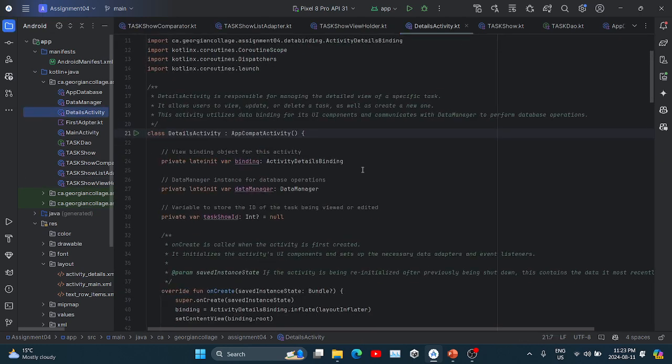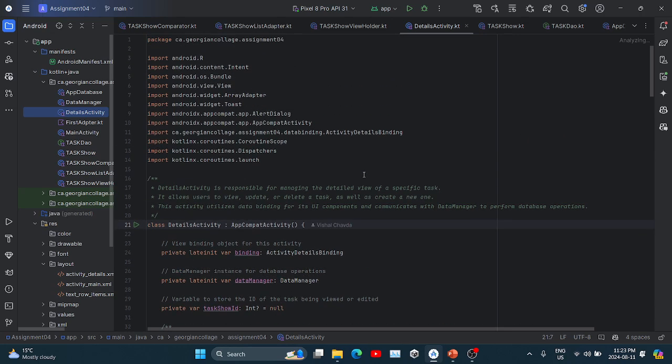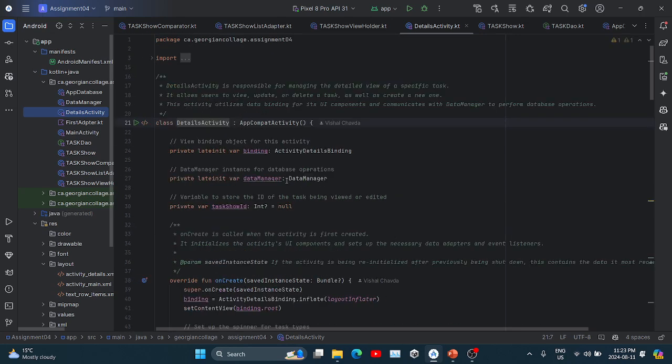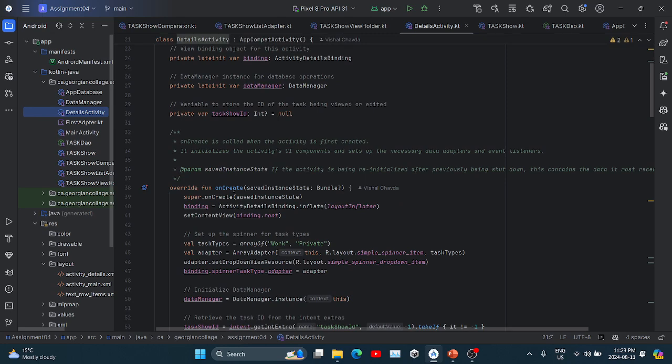Here's my main page, my details activity and the functionality of it. So first, as a binding, activity binding, data manager as a data manager, task ID, it's null. So the function on create,